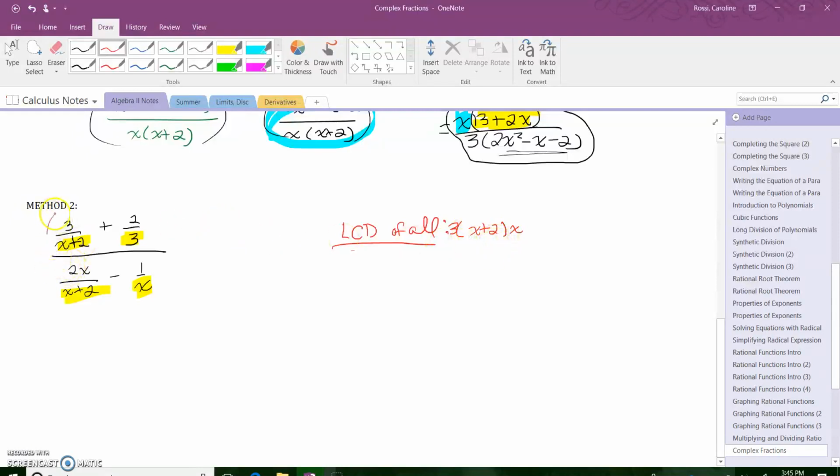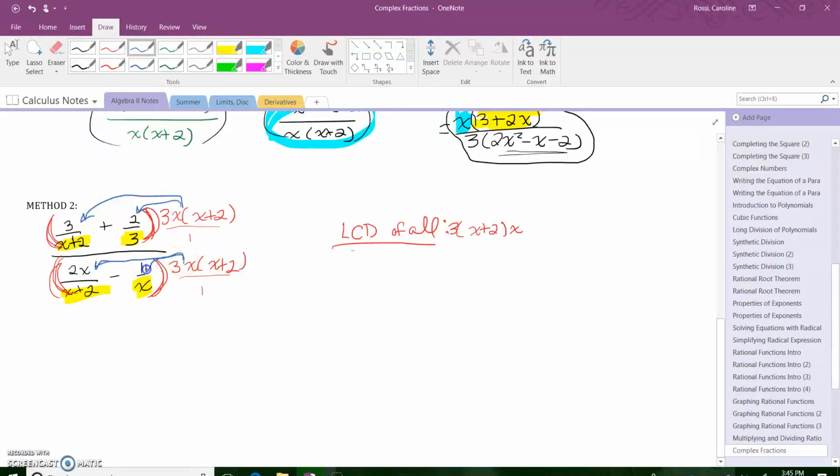So what I need to do is multiply everything by the LCD. So watch carefully here. 3x(x plus 2). I'm just rewriting the order. I want the x in front of the parentheses. So I'm going to multiply my whole numerator by my LCD and my whole denominator by my LCD. This is really over 1 here, just so you know. And something awesome is going to happen here when I multiply this by here and by here, and multiply this